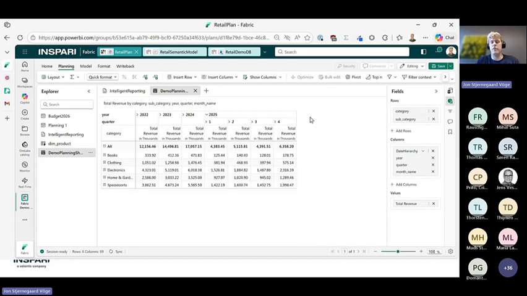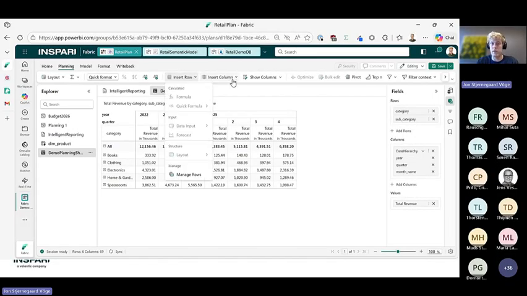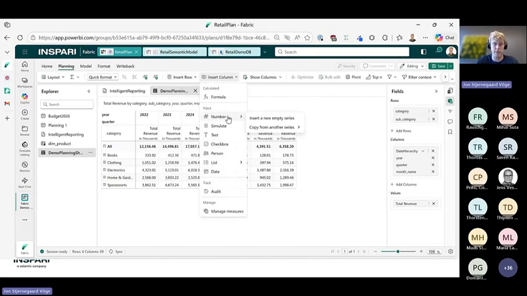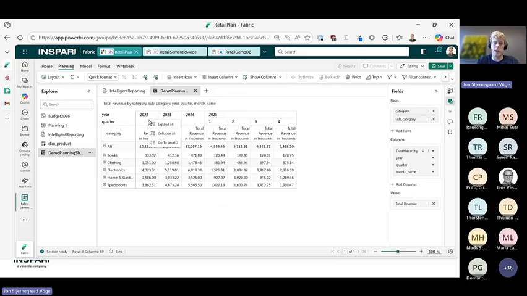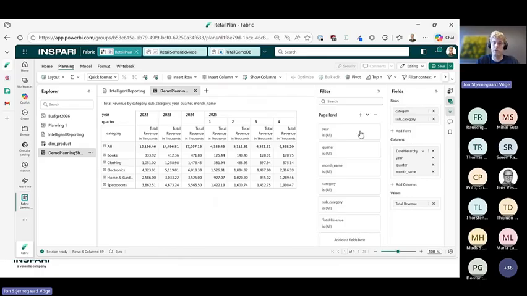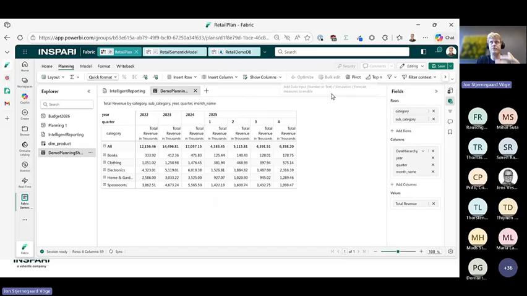Now, within this interface, you are free to treat this very much like Excel. I can go in and insert rows and insert columns basically however I please with any kind of data type that I would like. I can, of course, show and hide things that I'm not interested in. Frankly, there's a whole filter page where I can say I only want to display 2025 and later, if that's what I wanted to. I'm not going to go through everything that's available in terms of Excel-like features here. I would rather spend the time showing you what the budgeting, forecasting, scenario exercise could look like.